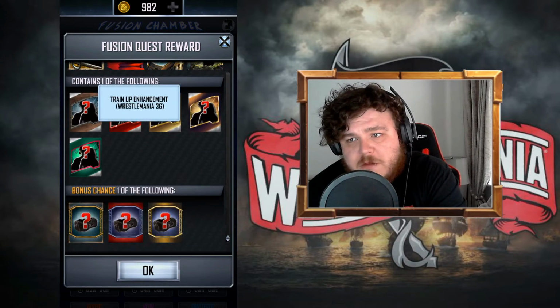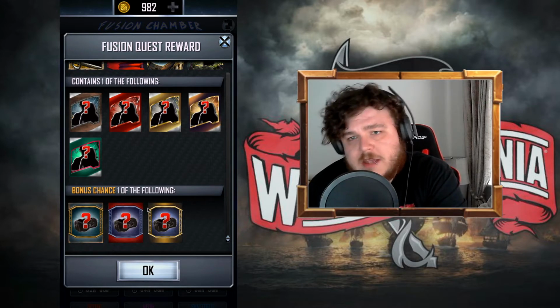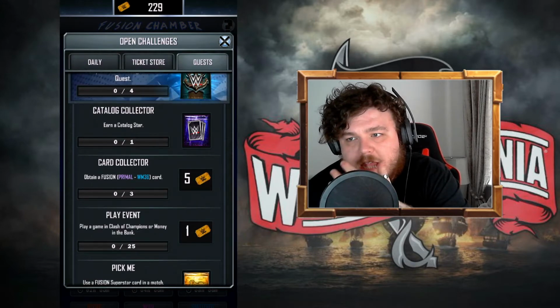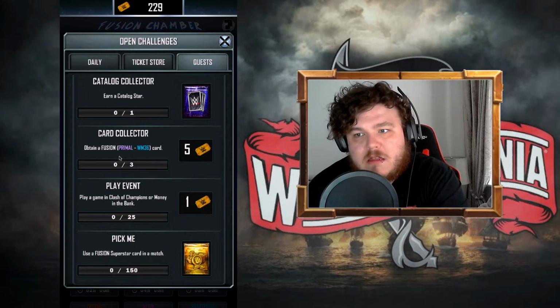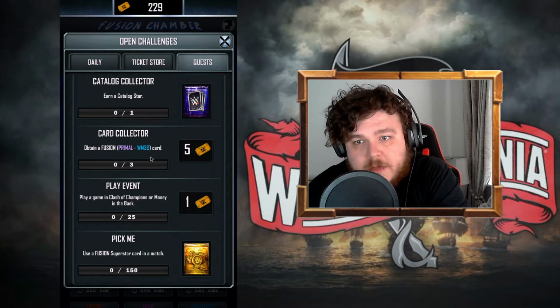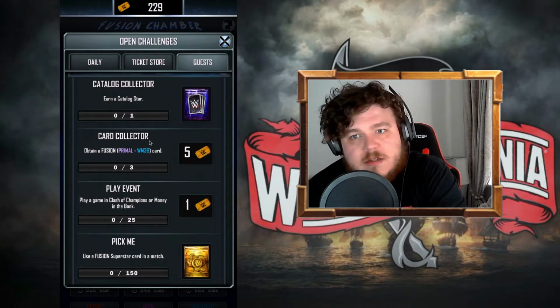Train up enhancement from WrestleMania 36 to Nightmare, and then a bonus chance at a gear. But to do this quest, earn a star catalog star, not that hard. Obtain 3 fusions from Primal to WrestleMania 36. You only get a week to do this quest,